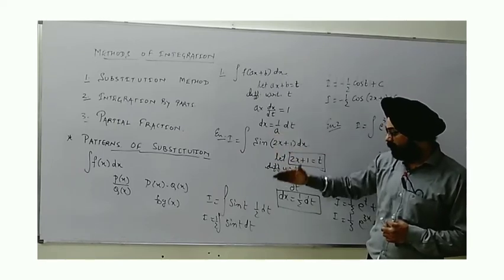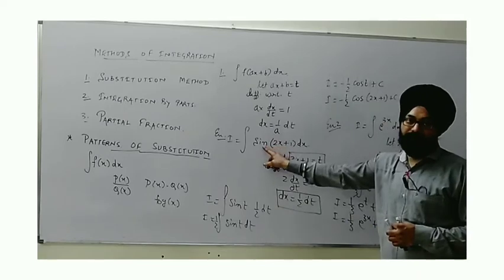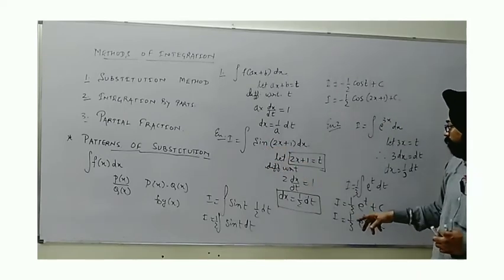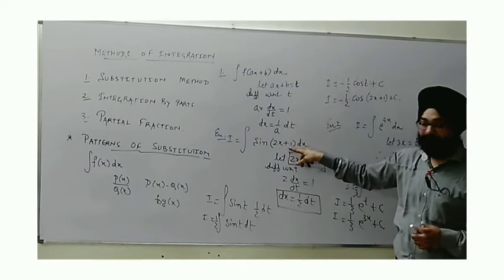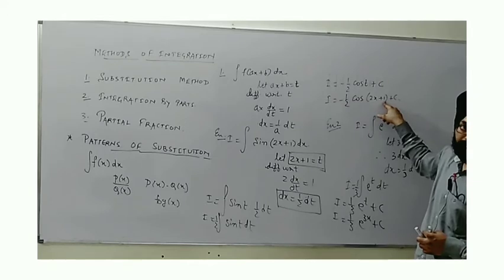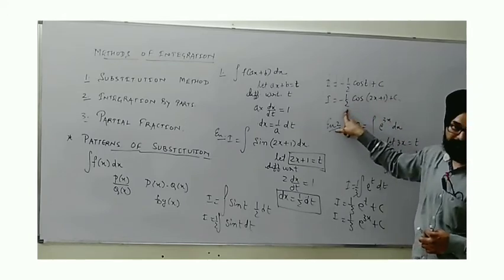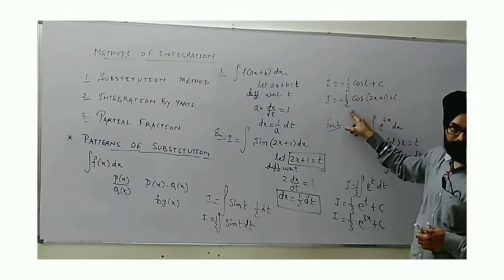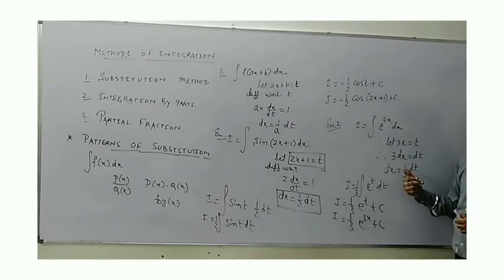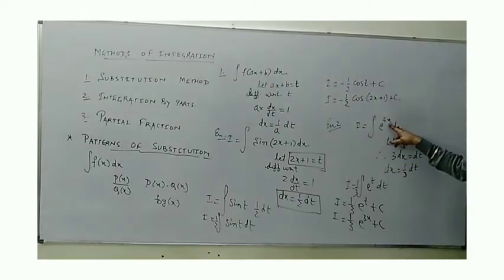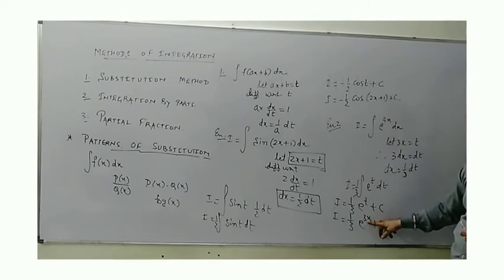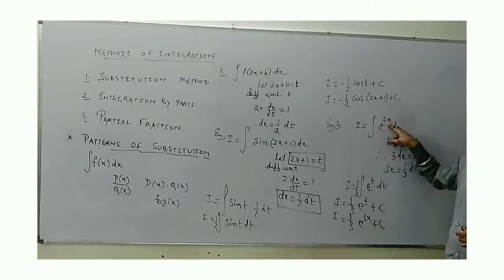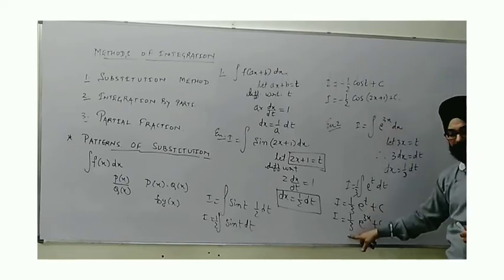So in the final result, we see that the integration of sine, as we know, is minus cos. So we have got minus cos(2x plus 1). This angle stays as it is, minus cos(2x plus 1). But the coefficient of x comes in the denominator, meaning half. It's divided by 2. The same thing you can observe here also. e raised to the power x, if I integrate, the result will be e raised to the power x. So as it is given e raised to the power 3x, yes, we can directly write e raised to the power 3x. And what is the coefficient of x? It is 3. So yes, it is divided by 3.